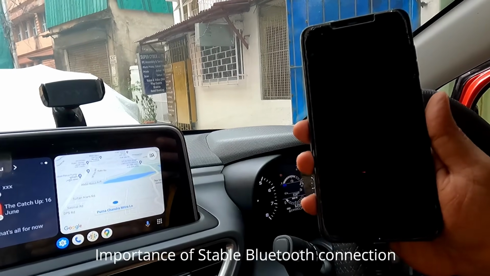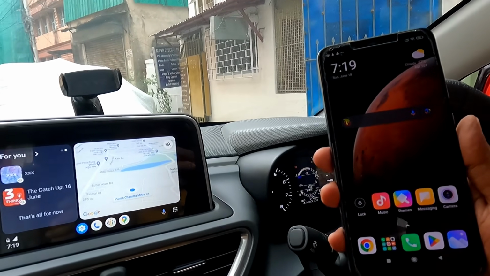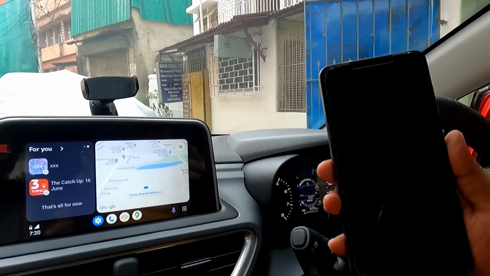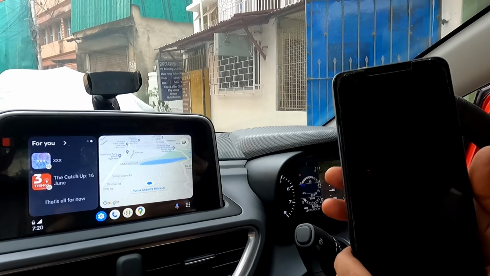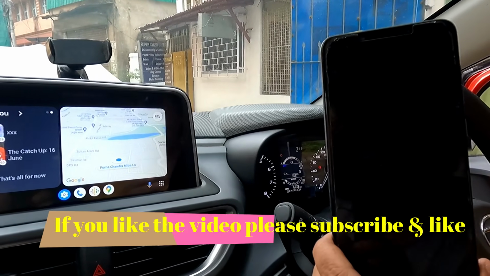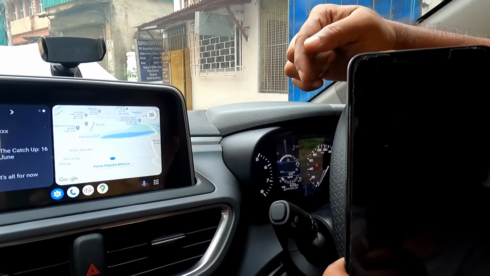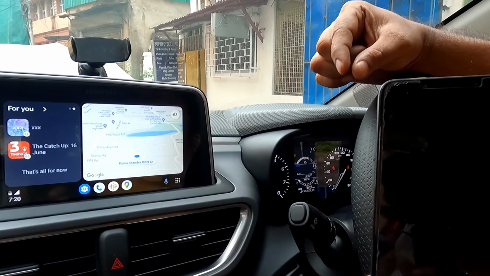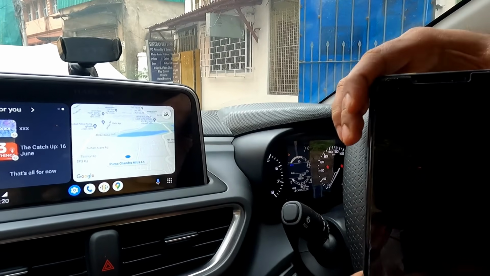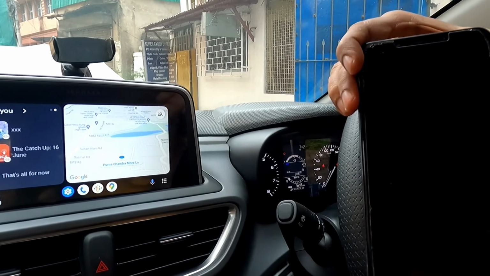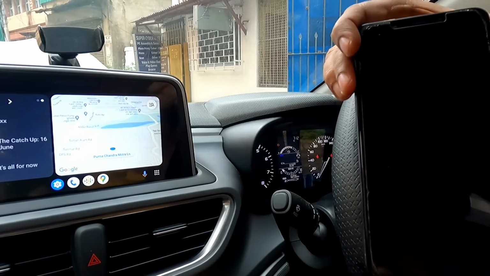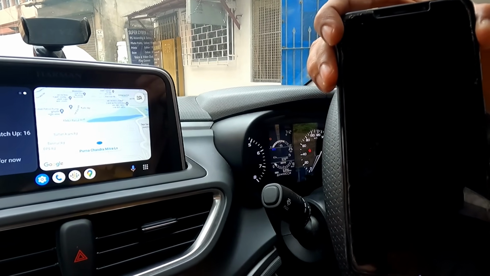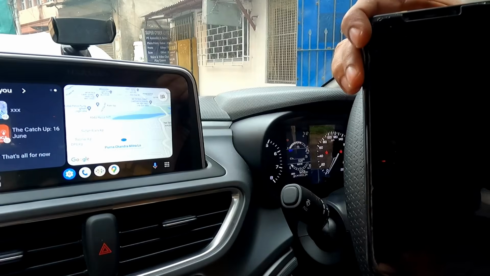Another thing I like to tell you, which I have missed in this particular session, a lot of my viewers were asking why Bluetooth is required in Android Auto. Let me tell you guys, Bluetooth is required in Android Auto because it is the Bluetooth that tells the head unit that it is connected with the phone, and Bluetooth doesn't have that much bandwidth, so it won't be able to transfer this data from your phone to the head unit. So that's why you need a wired connection. Even in wireless Android Auto, the first time setup you need a wired connection. So wired is very important.